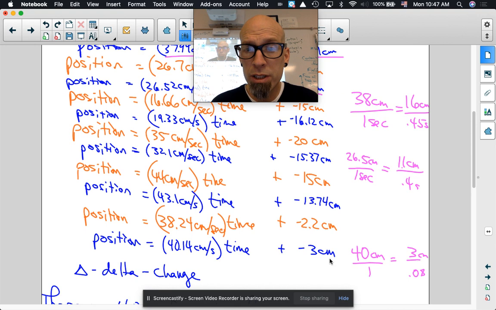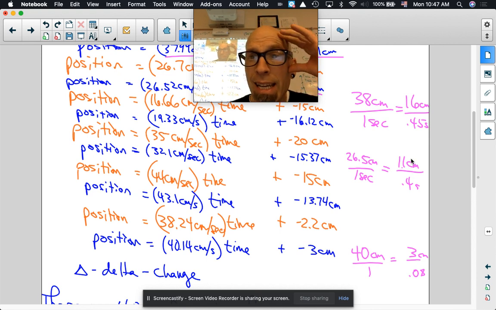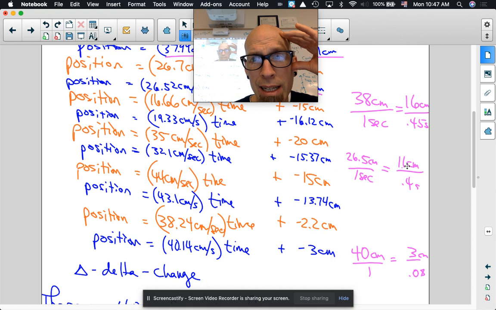And again, group 6 here, that's pretty close. A couple centimeters, that's like an inch. That's not very much. And again, even 16 centimeters or 11 centimeters, that's still less than a half a second that went by. If these buggies can go 38 centimeters in a second, then only 16 centimeters is less than a half a second. And if this one goes 26 centimeters every second, then 11, again, was less than a half a second